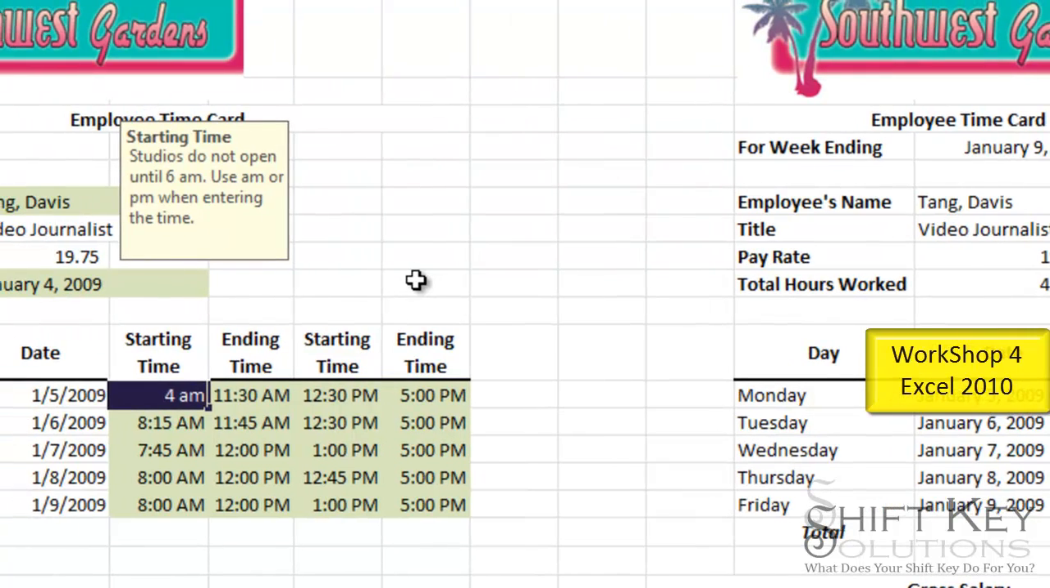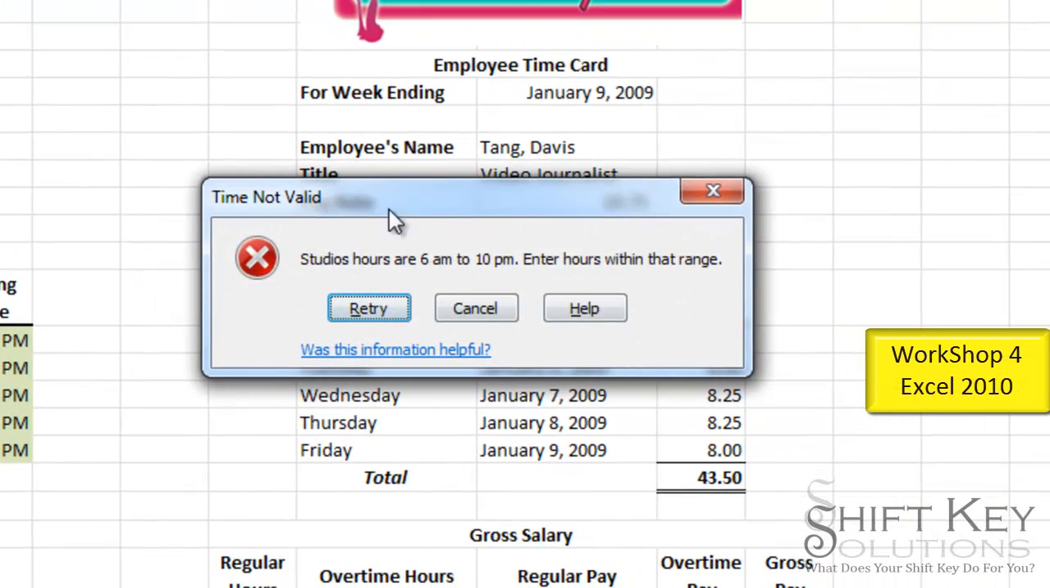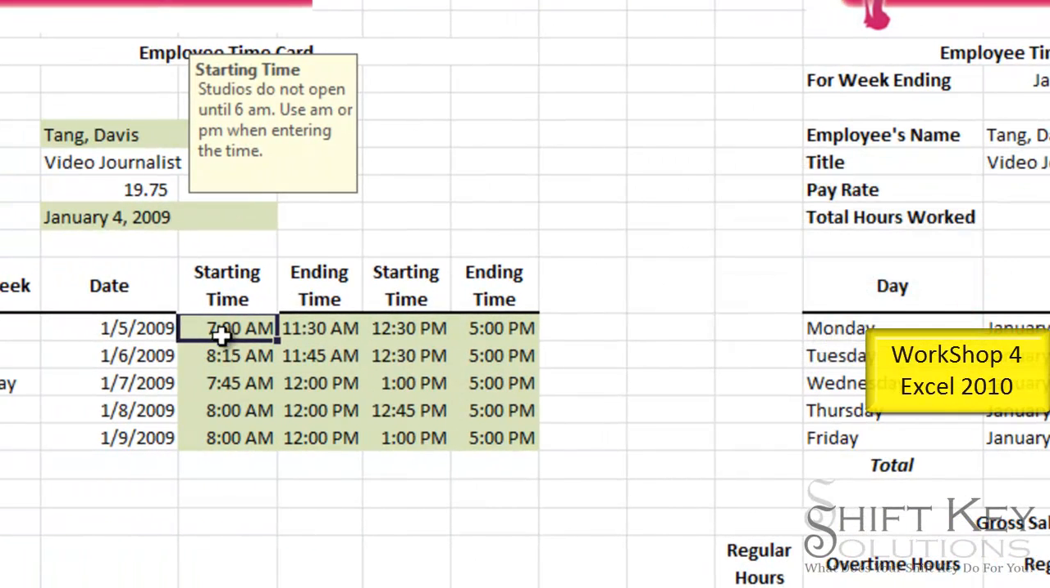So if I want to retry it, I'll click retry and it'll allow me to type it in again. So let me say I put in 5 a.m. because I didn't read it closely or whatever the reason. Press tab. Nope, that's still wrong. Well, if I want to give up, I'll just simply click cancel and then it'll take it back to the